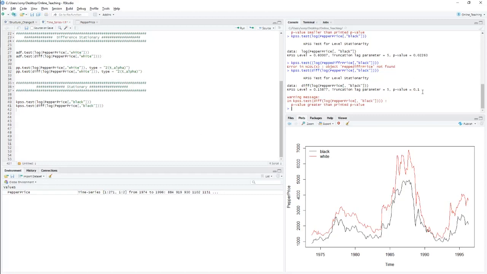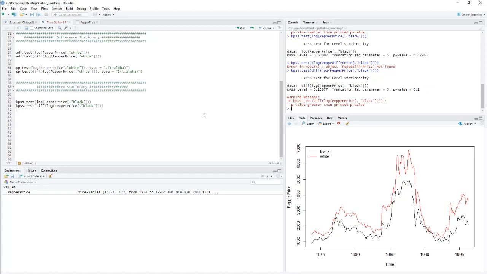Oh, I'm sorry. You are accepting the null hypothesis now that the data is stationary. After differentiating it, since the null hypothesis here is that the data is stationary, the data becomes stationary, since the probability value is 0.1.